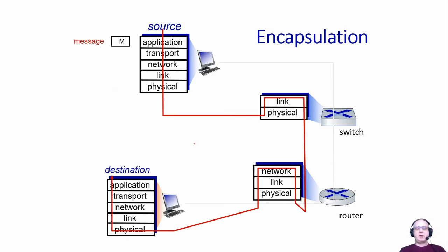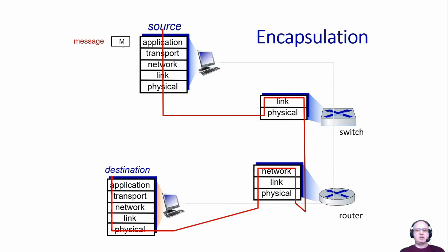When layering is implemented, the messages that are exchanged at one layer are encapsulated as they're being passed to lower layers. It's very important to understand. And Kurose and Ross have created a nice animation that I would like to walk you through to explain this encapsulation process. So here we're using the simplified TCP/IP reference model with application, transport, and so on layers. Suppose we have an application at the source that wants to send a message to an application at the destination host. This message might be something like get me a web page, right? To retrieve a web page, as an example.